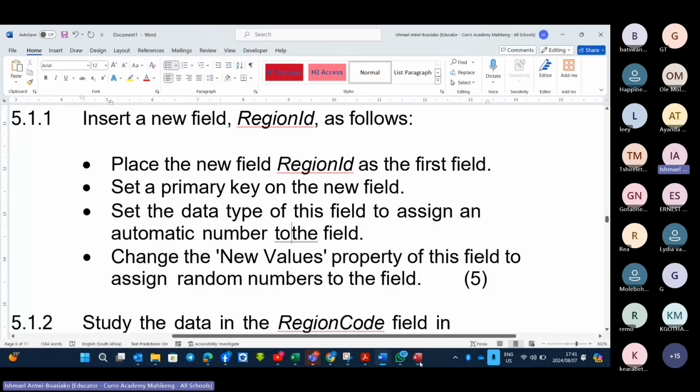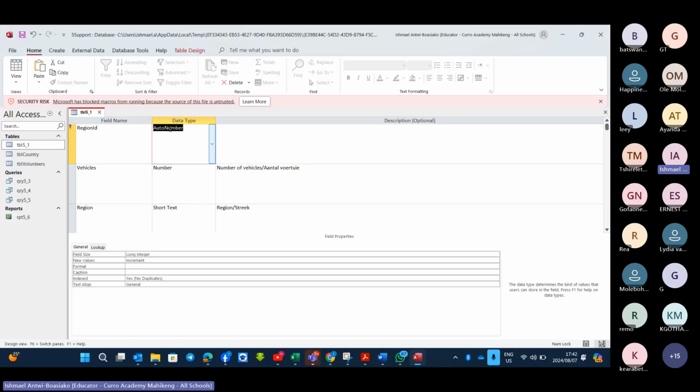Then the next question, change the new value property of this field to assign random numbers to this field. Remember the question said the new values property. They are not talking about the data type, neither are they talking about the description. They are talking about properties. So you click there because you have set it to auto number. You will see the auto number has